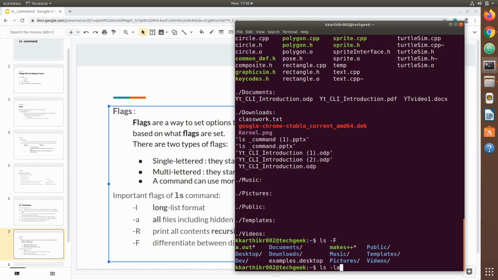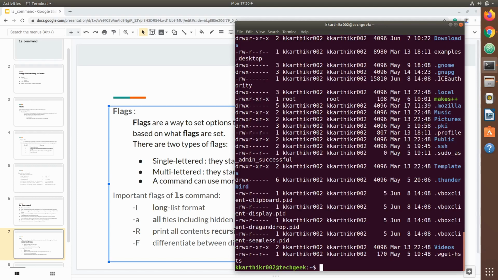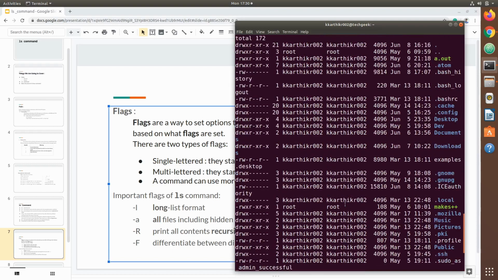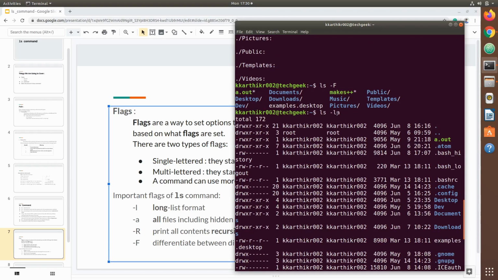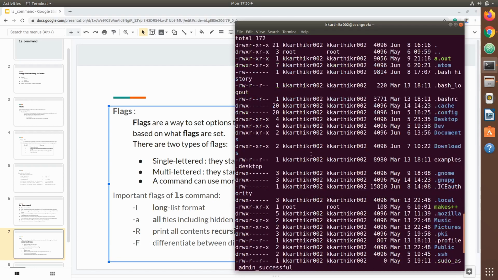No need to give another space and another hyphen like this. You can just mix both of the flags like this. If I hit enter, see, it gave the contents of all hidden files and normal files in long list format.